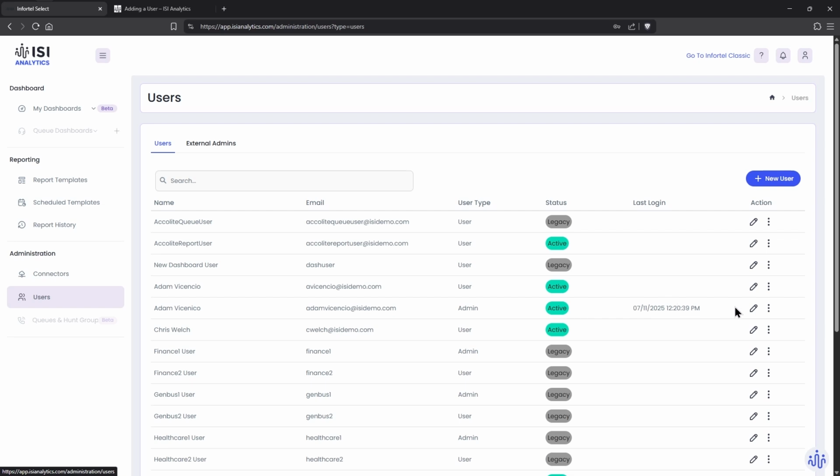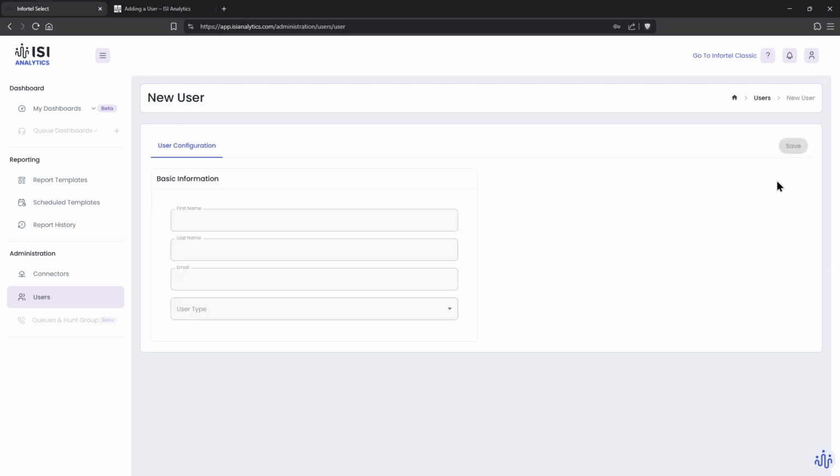You have the pencil icon to edit the users, and you have the three dots for more options. Let's go ahead and set up a new user. Click the blue New User icon in the upper right-hand corner. Here you will fill in the user's first name, their last name, their email address, and finally, what type of